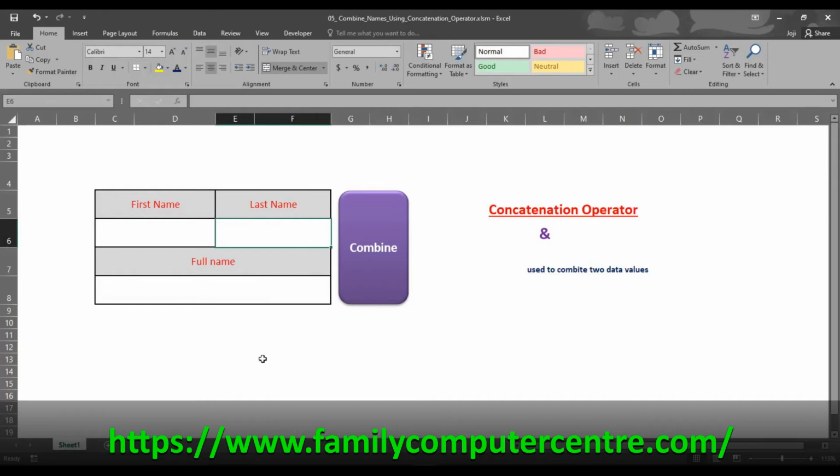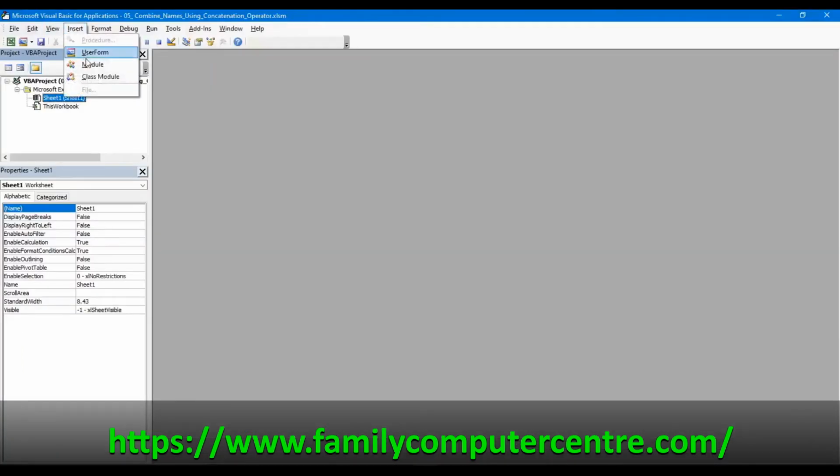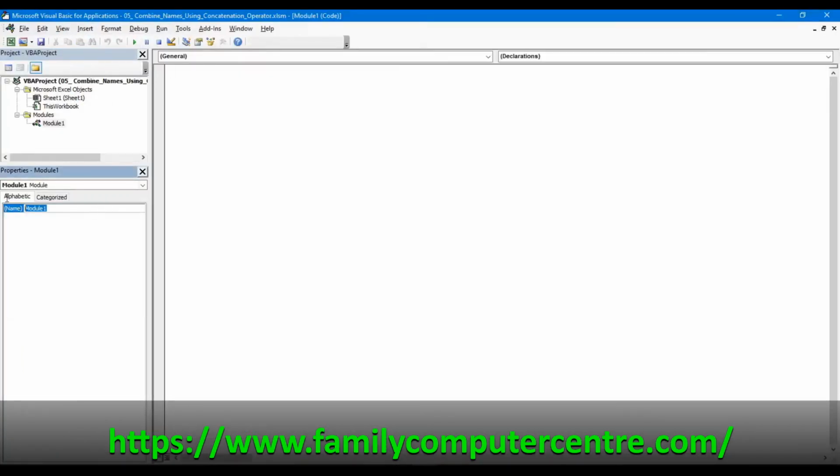Okay, so for that we are going to Visual Studio. Before that, C6 is the cell for the first name and E6 is the cell for the last name. Let's go to Visual Studio, insert a module, and I'm giving it the name concat, and I'm writing Sub combine